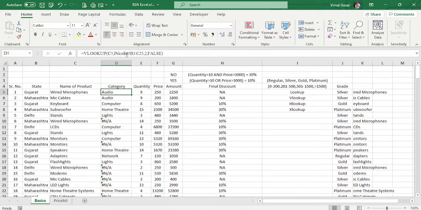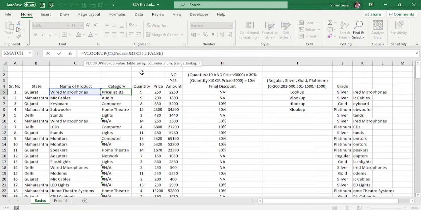As I told you, once we drag the formula down, it also drags every kind of range with it. If you observe carefully, we have B3 over here as the starting point, but the next one is going for B4. So again we have to come back to the first cell and fix this, which we also call absolute reference.